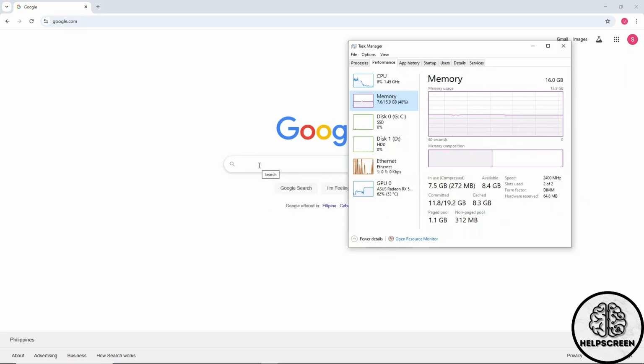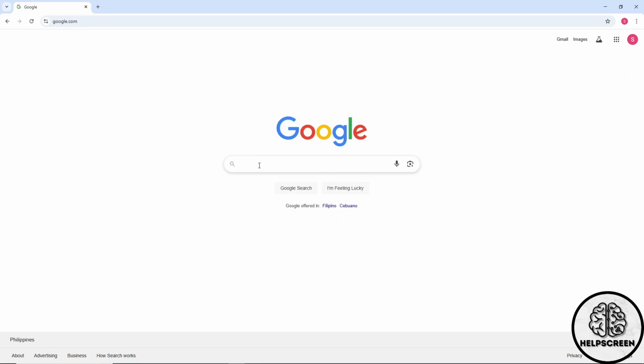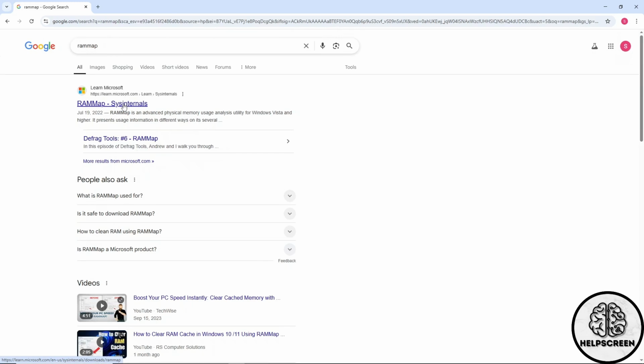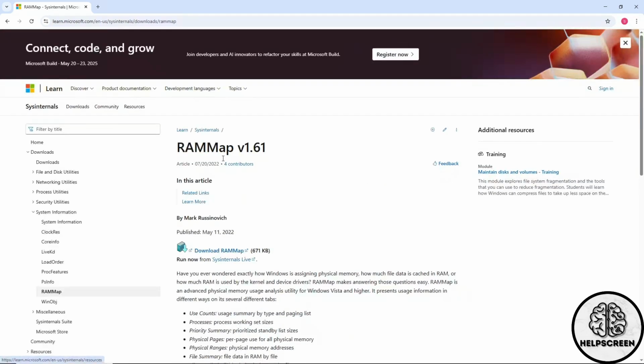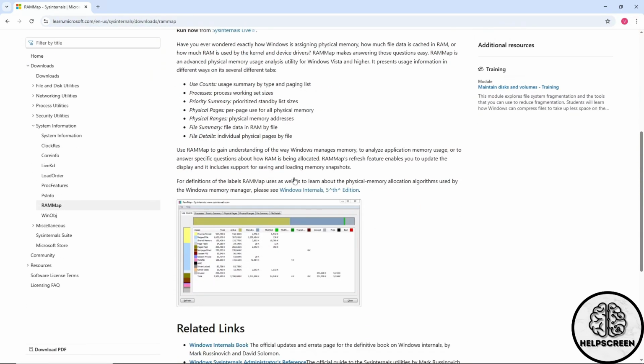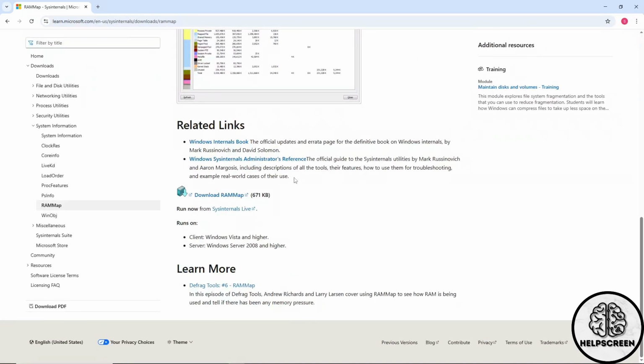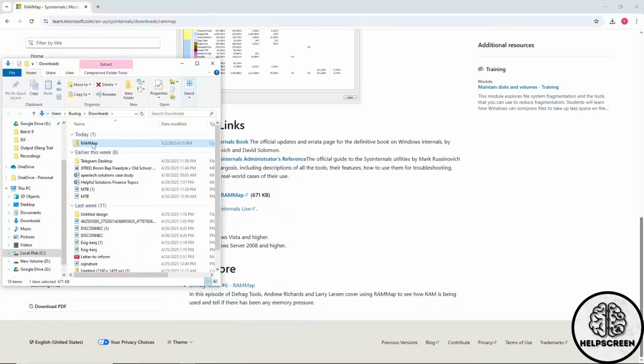So just simply go to the browser and search for RAMMap. And from here, it will be a Microsoft. So click on the first one. And from here, guys, you could just simply scroll down a little bit and you could just simply download the RAMMap and go to the top right over here and go to the folder and right click on it